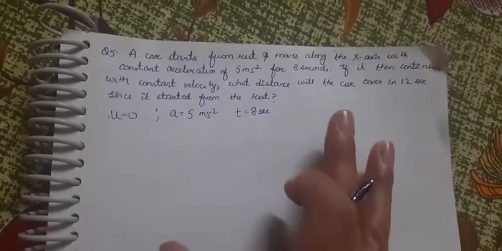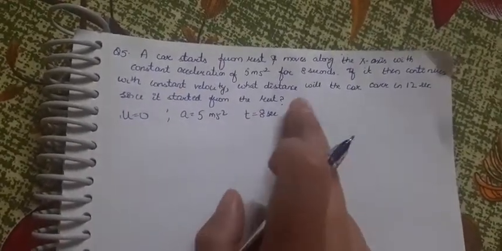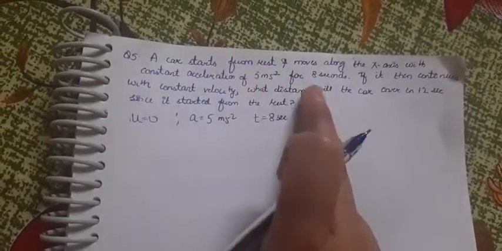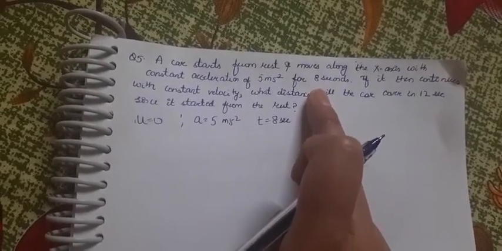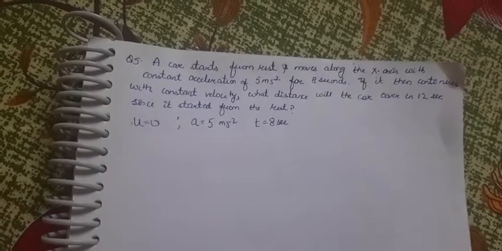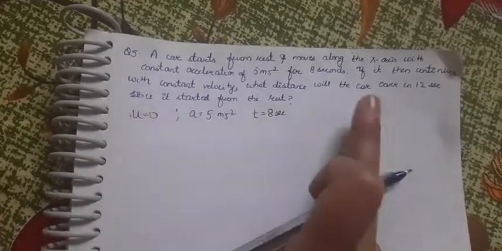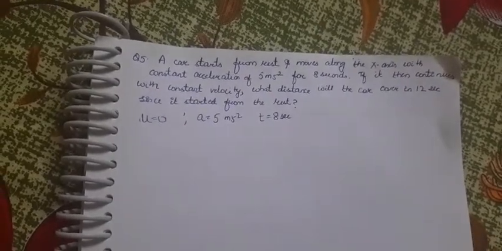अब इस केस में 8 सेकंड के लिए हम पहले v निकाल लेंगे. ठीक है. इस क्वेश्चन में u 0 था, a 5 है और टाइम 8 है. बाद में कह रहे हैं कि जो उसने वेलोसिटी अटेन करी है वो उसी वेलोसिटी पे कांस्टेंट चल रही है, यानी कि फाइनल वेलोसिटी क्या हो जाएगी जो हम इसमें से निकाल लेंगे. फिर हमने 12 सेकंड का टाइम एज्यूम करके फाइंड आउट करना है कि कितना डिस्टेंस उसने कवर किया.